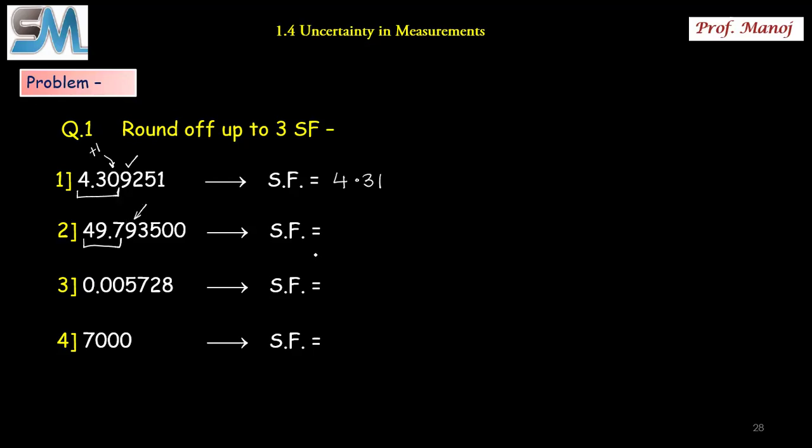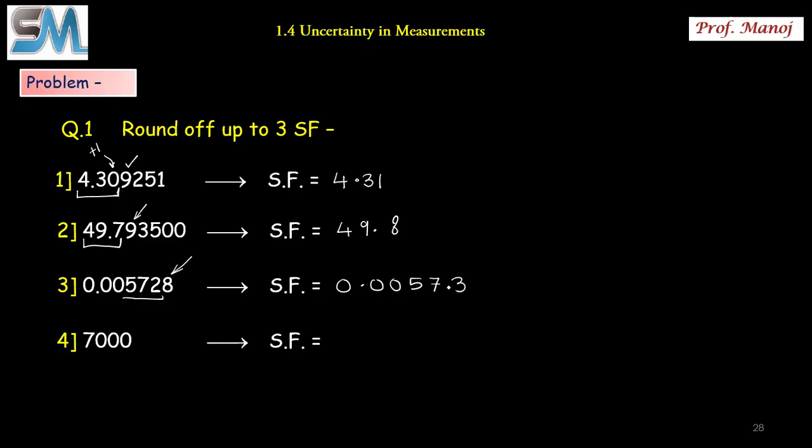The digit I want to remove is greater than 5. So the answer will be 49.8. We want 3 significant digits. The digit to be removed is greater than 5. So this will be